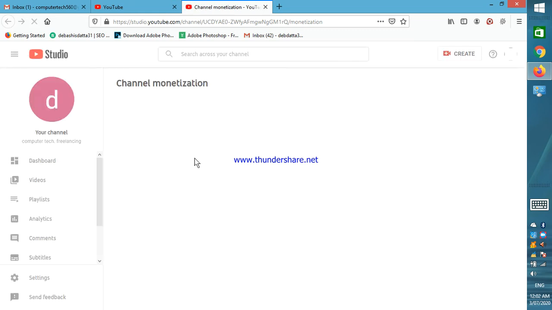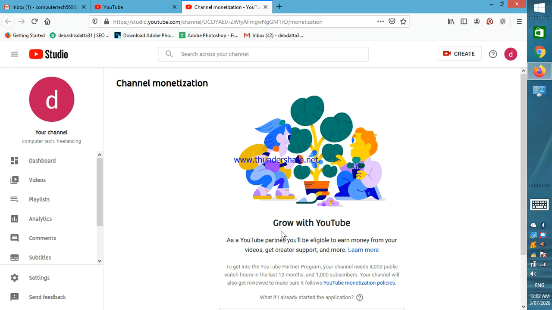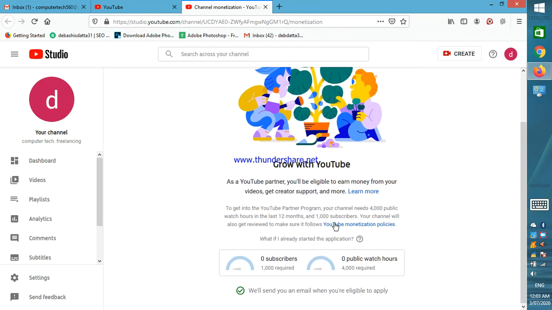So the page that will come, it will show you some regulations. See, this is the regulation of 2020. Then you see it and read it carefully. So you have to have 1000 subscribers and 4000 public watch hours to get your Google AdSense account on YouTube.